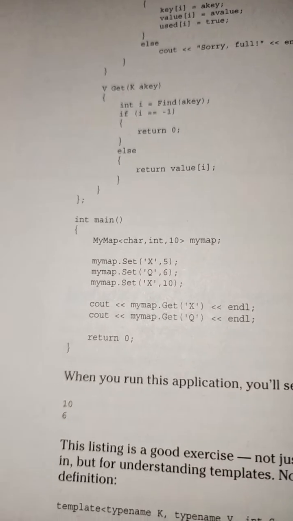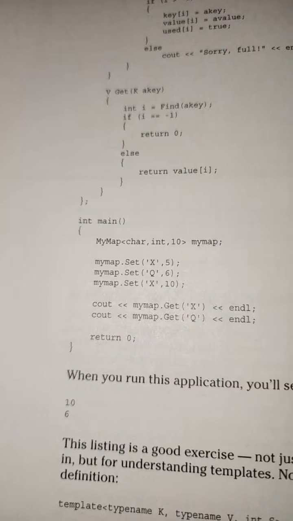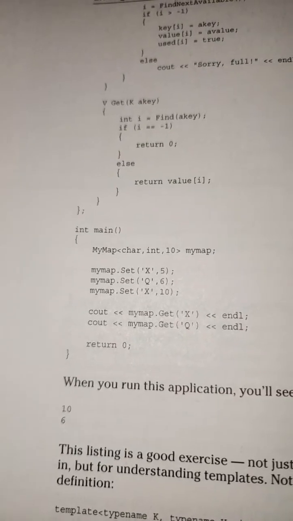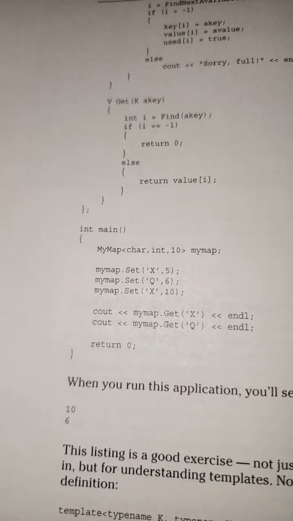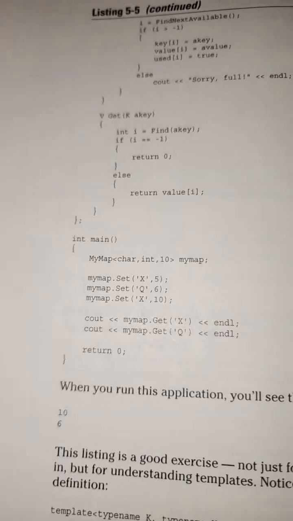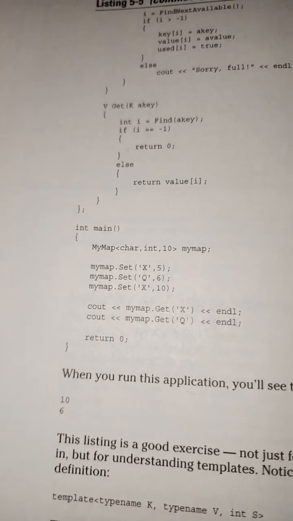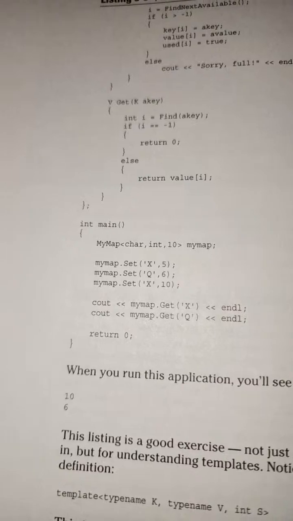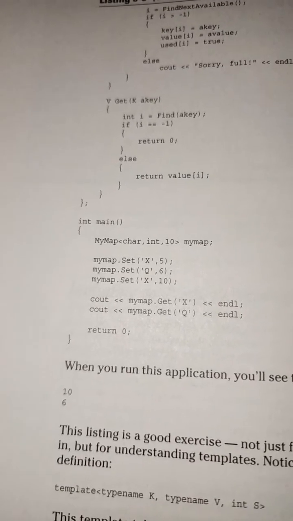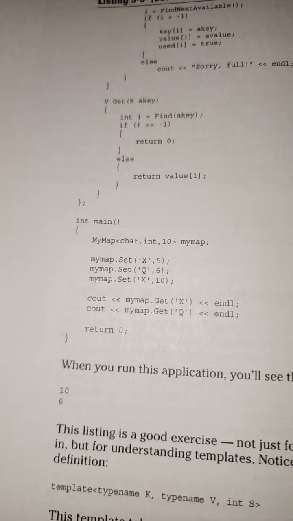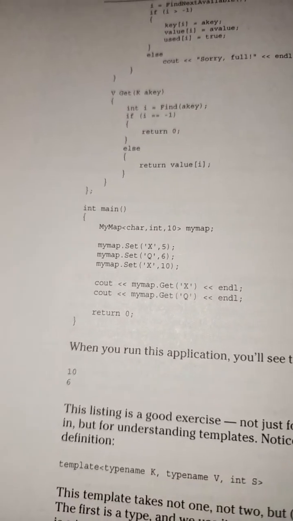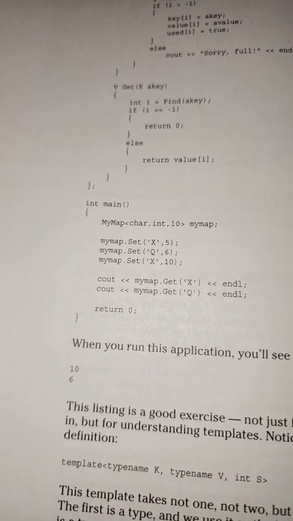int main() { MyMap<char, int, 10> myMap; myMap.set('x', 5); myMap.set('q', 6); myMap.set('x', 10);